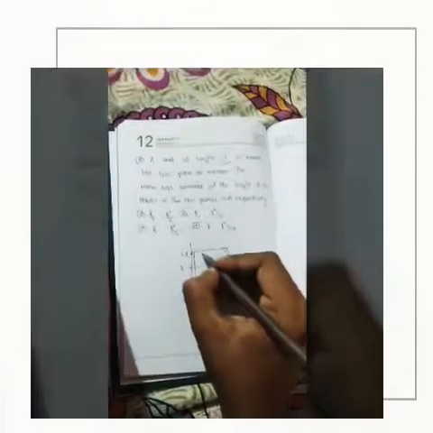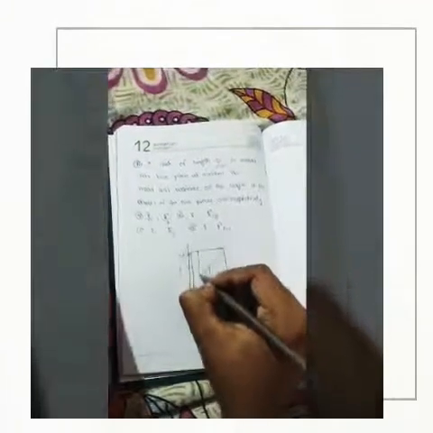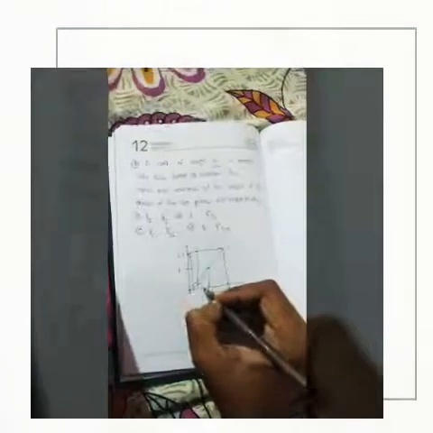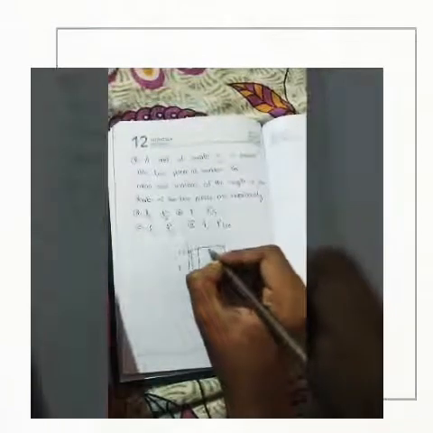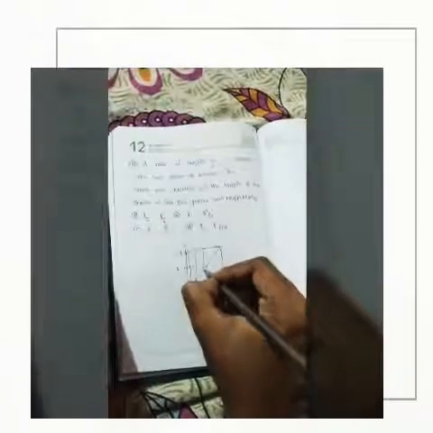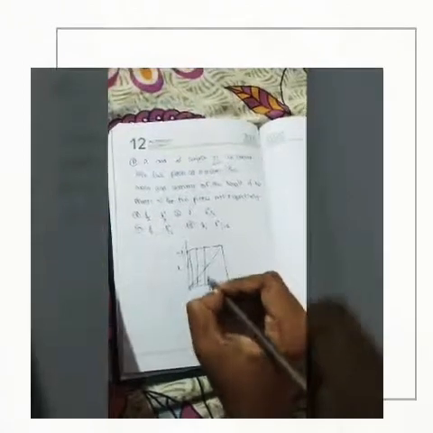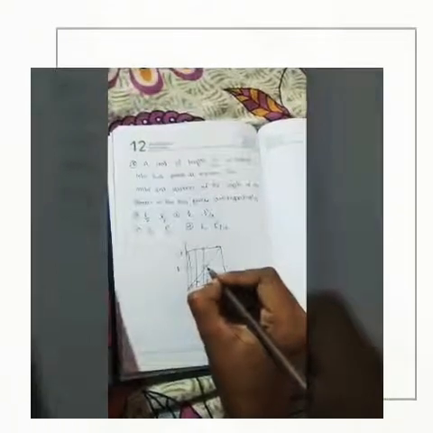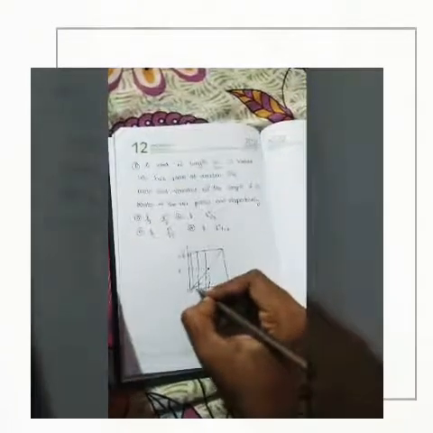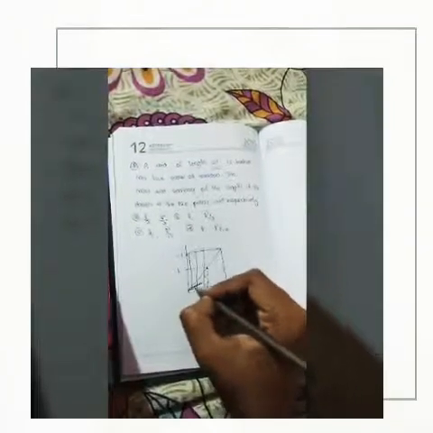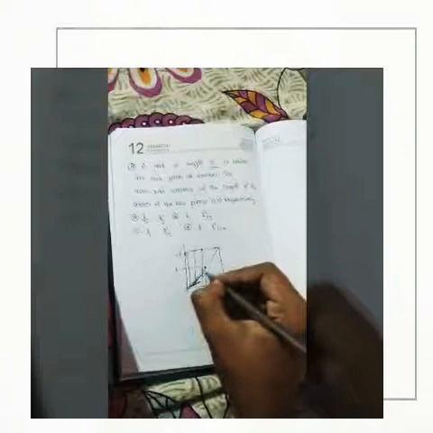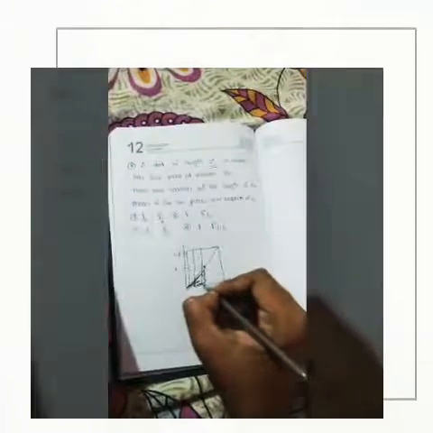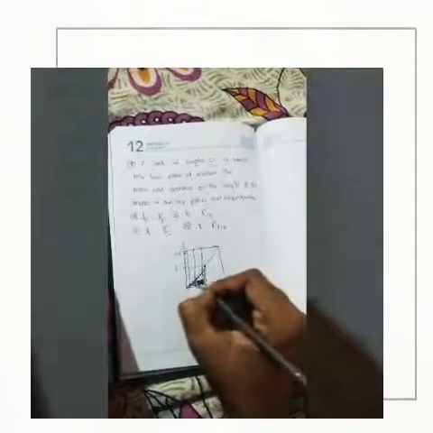If I put the rod here, then the shorter one is also in this portion. Now consider if I put the rod here, then also the shorter one is this portion. So up to the point L, the shorter of the two pieces is in this shaded region, that is a right-angled triangle.